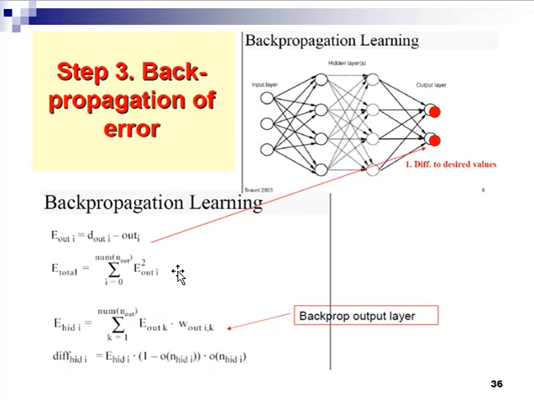Now, mathematically, it can be explained as E_out, which is the error at the output layer, and it is the difference between the desired output. Here, D is for the desired, out is for the output layer. So at the output layer, we have error, and this error is the difference between the desired output value and the actual output value. So once we compute the summation of all the error values here at the output layer, their squared sum will give us the total error generated at the output layer. And then